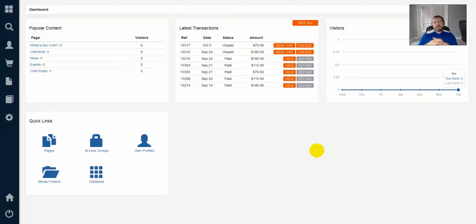In this case, what we're looking at is the default installation of Spark with the 4 default panes. That is the popular content, the latest transactions, the visitors, and the quick links. The popular content basically shows the most popular content and the number of visits it's received. The latest transactions are those financial transactions which have come into the system. Visitors are a week-by-week breakdown of how many visitors you received on a daily basis. And the quick links is basically the system studying what you're doing and then drawing the links for the most